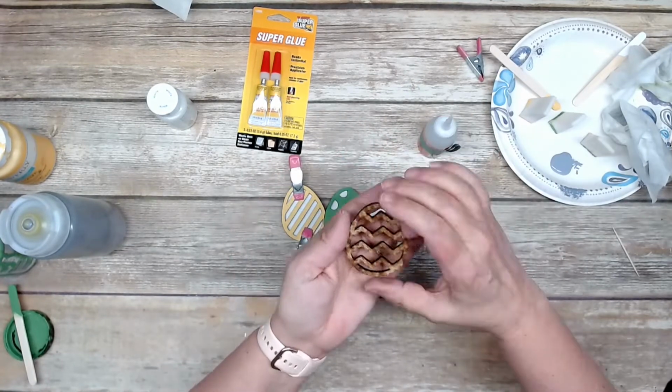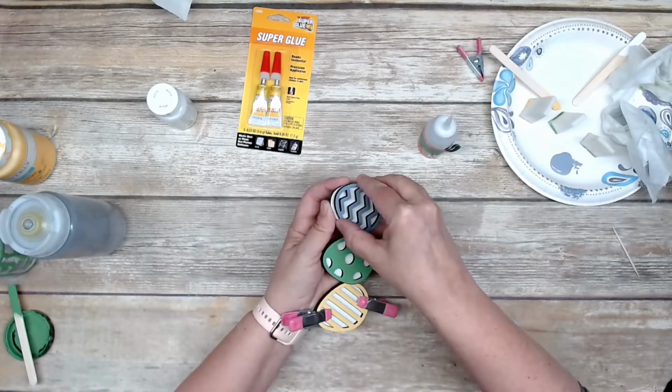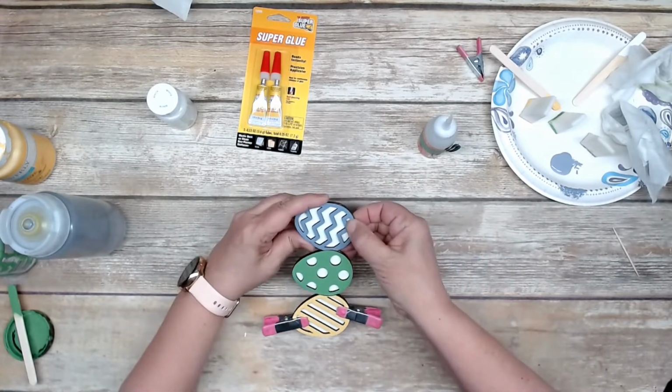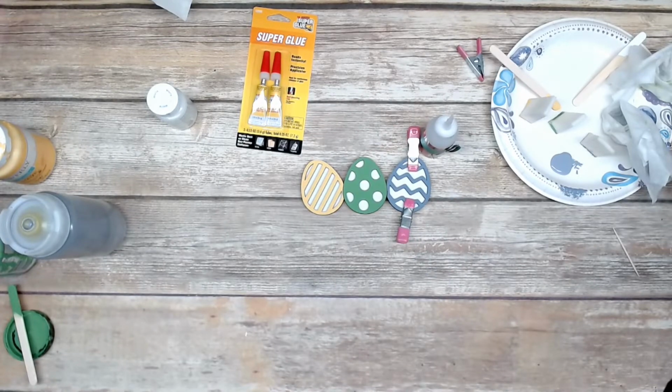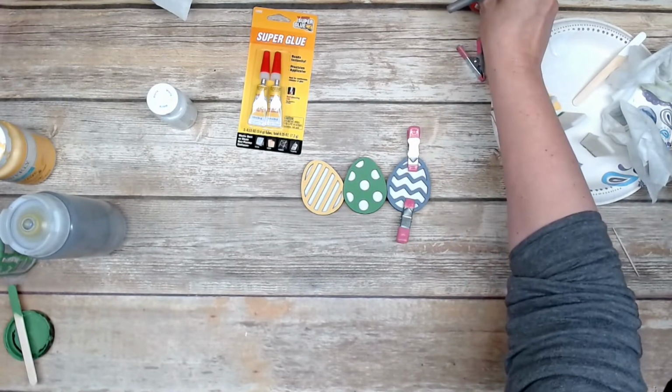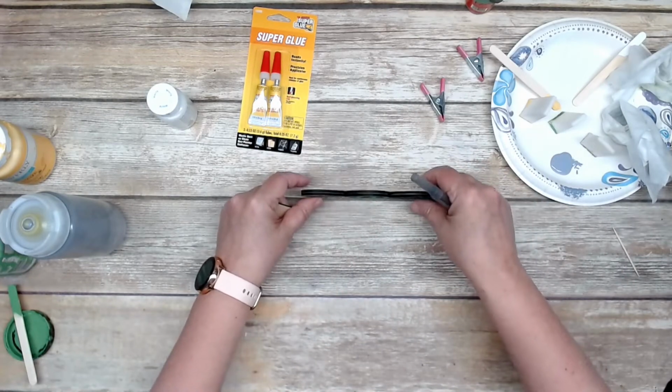But again, you can use whatever color you want. I am going to place it up against and start adhering it. And that one is clamped as well. So now, after everything is dried, you can remove the clamps, and we are going to work with the little